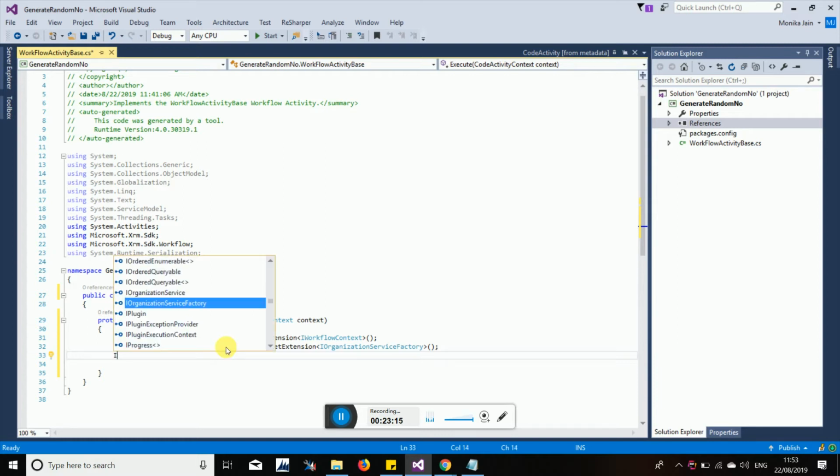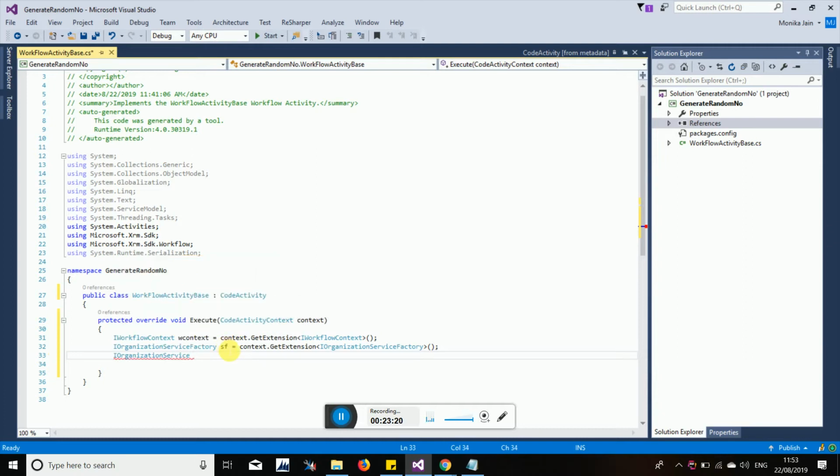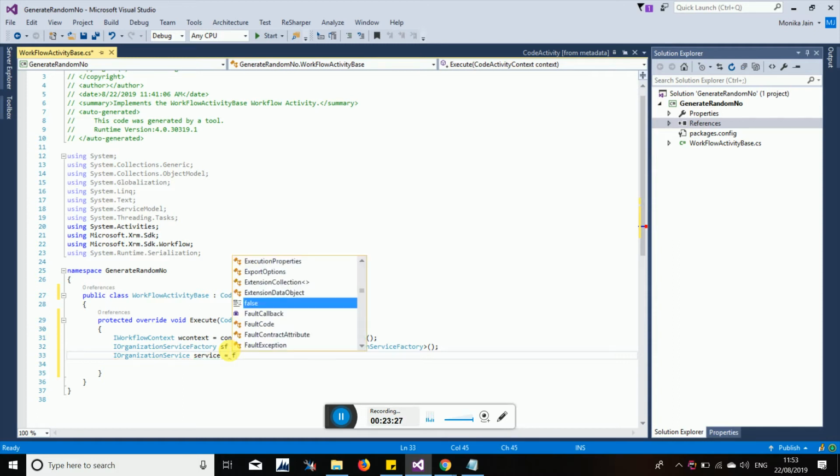And then an IOrganizationService object we need to create, equals to service factory.